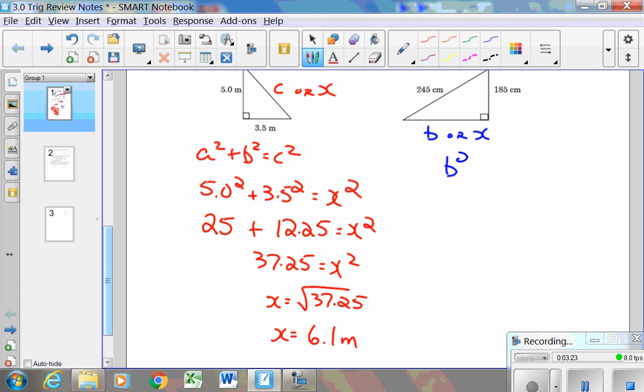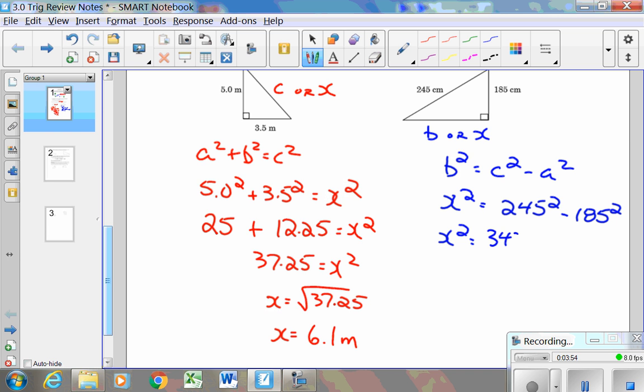So if I'm going to solve for b squared, I want to go c squared minus a squared. And whether it's c squared minus a squared equals b squared or b squared equals c squared minus a squared, they have the same meaning. Again, if we put in x instead of b, the hypotenuse has to be the largest side. So this is the 245 squared and the 185 squared. Again, grabbing our calculators, 245 squared is